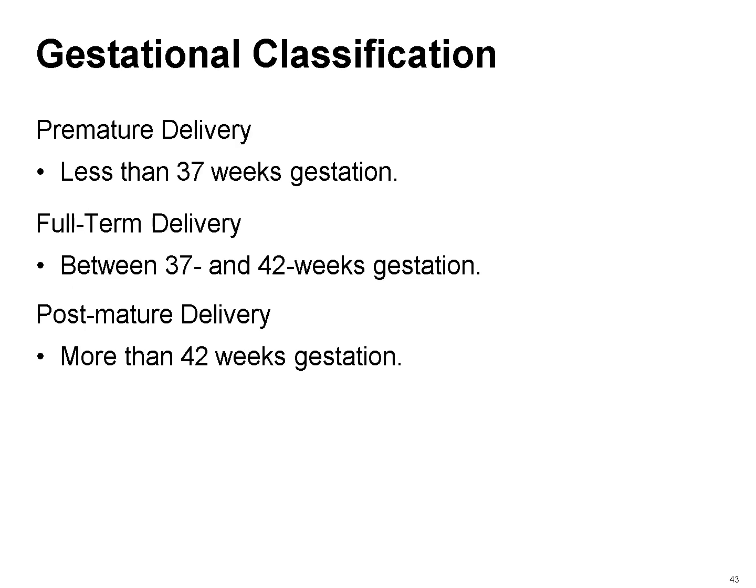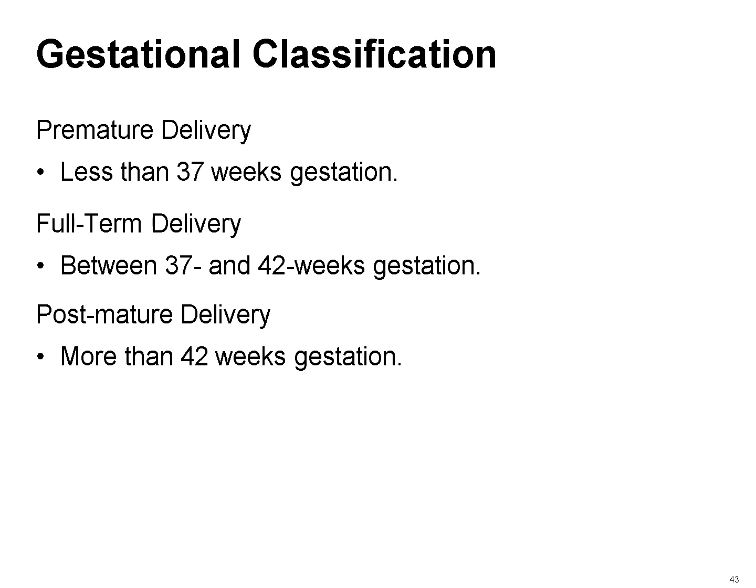The timing of delivery plays a crucial role in the health and development of a newborn. Let's review the classifications of delivery timing and associated risks. Premature delivery occurs when a baby is born before 37 weeks of gestation. Premature infants face risks including respiratory distress syndrome due to underdeveloped lungs, apnea, characterized by pauses in breathing, and jaundice, caused by immature liver function. Full-term delivery occurs between 37 and 42 weeks of gestation.